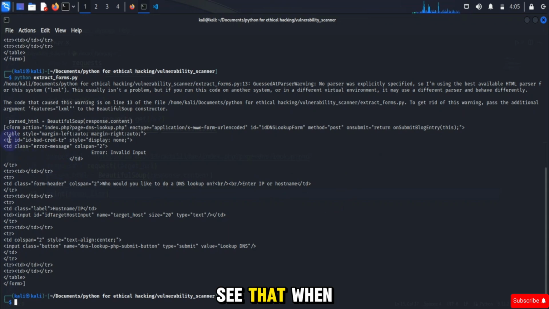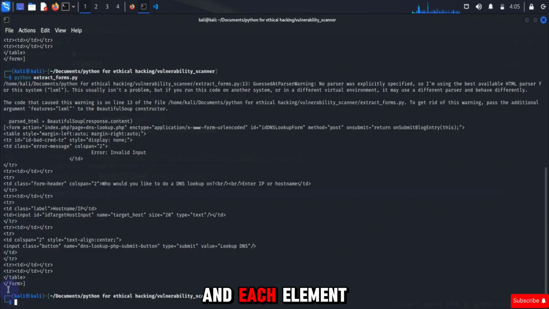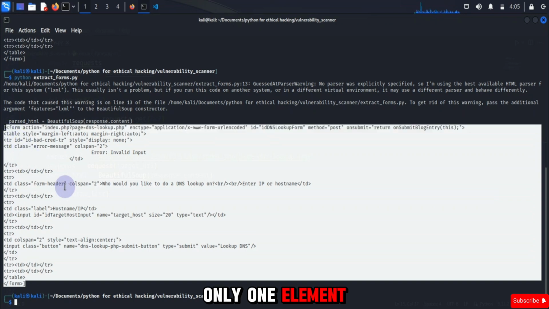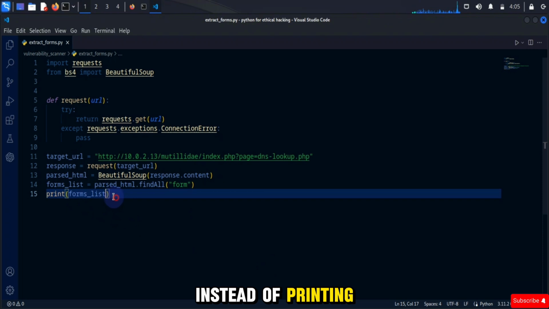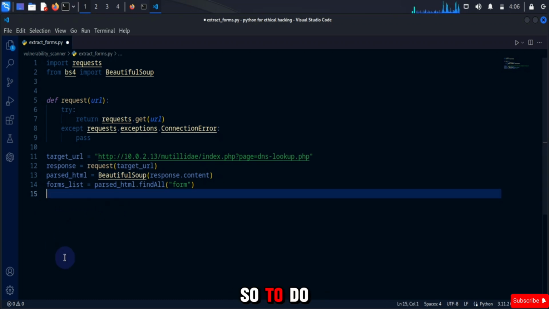Okay, now you see that when we extracted data, we have a list. That means this form is a list and each element of this list is a form and it has only one element. So let's go back here and instead of printing this, I want to do something else, and that is to go inside and take it out of the list. To do that, I need to iterate over it. So use a for loop, and in here I'm going to give a form in